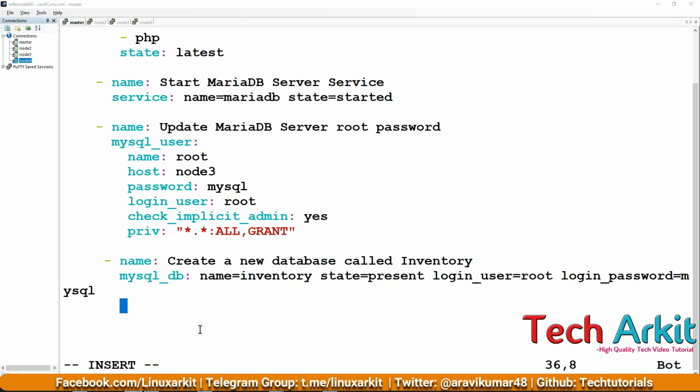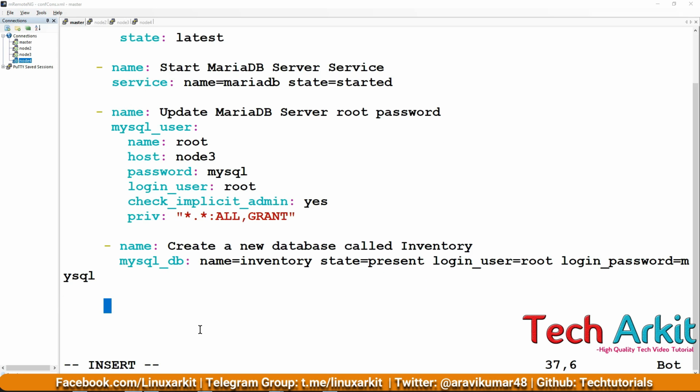So instead of these passwords, most of the time we have to use the encryption key so that your password would be secure. But for this demonstration I'm just going to use it as is, okay. And copy the SQL